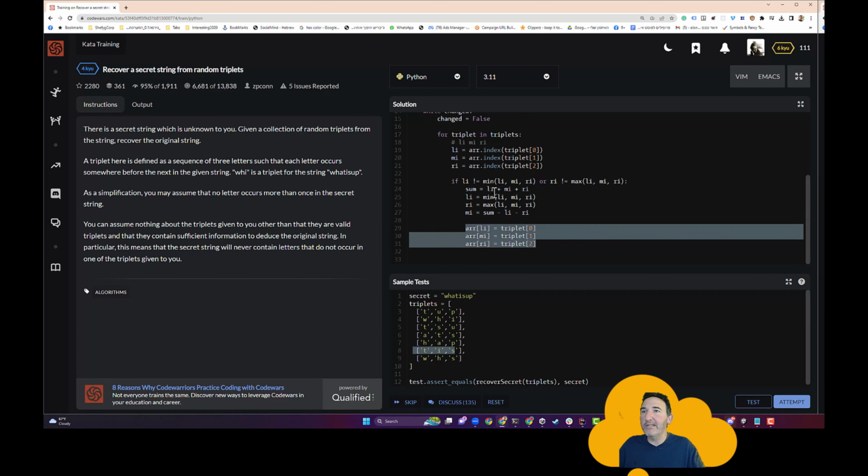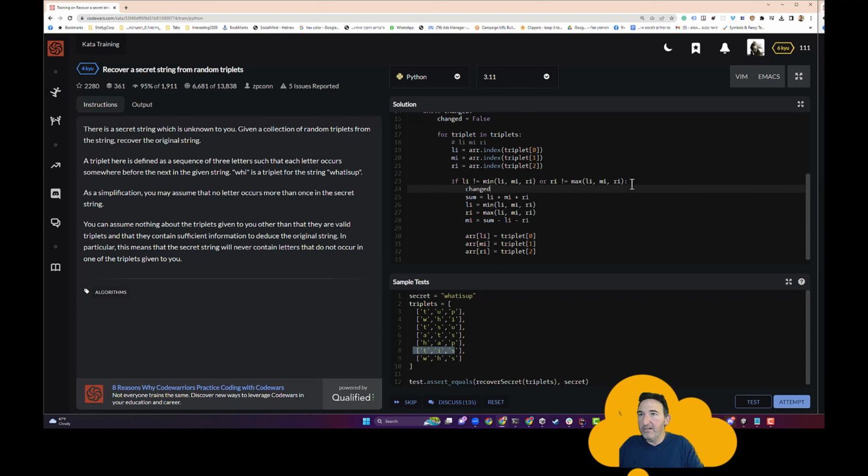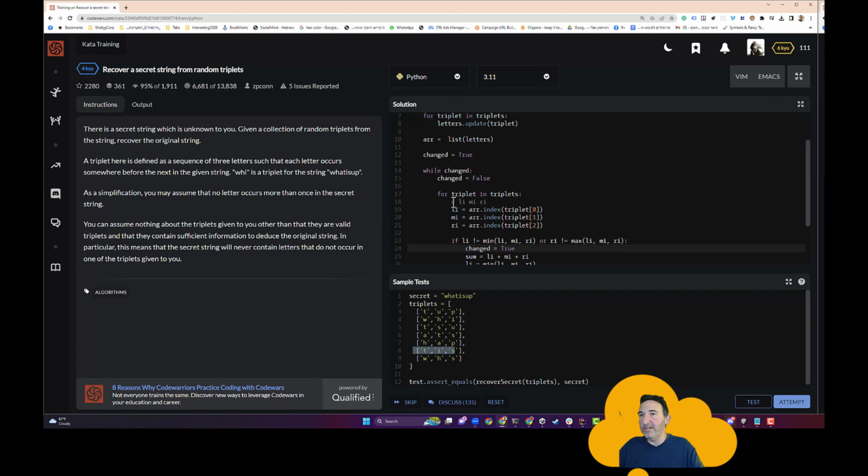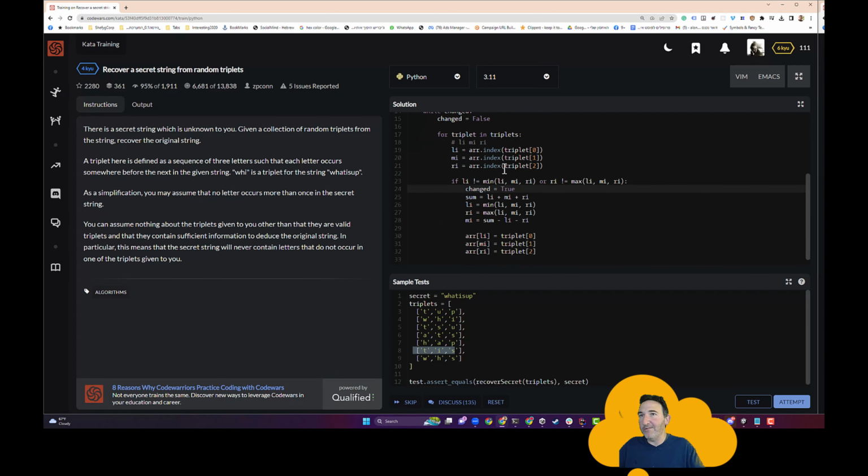Okay, so what's missing here is that change should be equals true, because we did change the order of the letters. So if we change the order of the letters, and after I finish with all the triplets, I want to do another iteration inside this loop, which will go again over all the iterations to make sure that we do